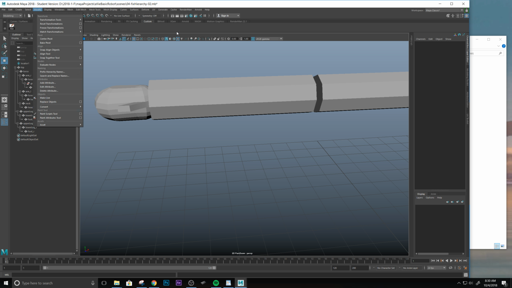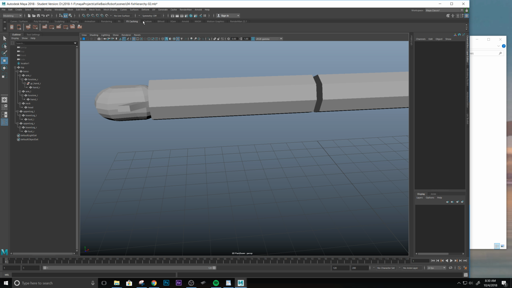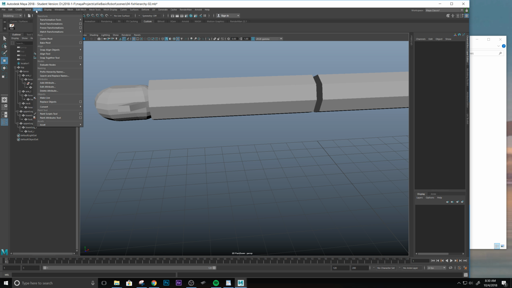There is also, I just wanted to show you this. In the shelf section of Maya, you can see this custom shelf. This is where you can put the tools that you use the most. And the way to do it is simply, for example, if I want to put in the match pivot